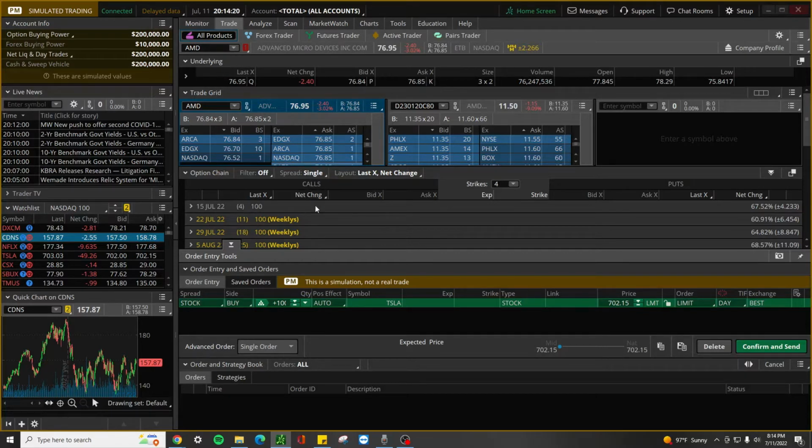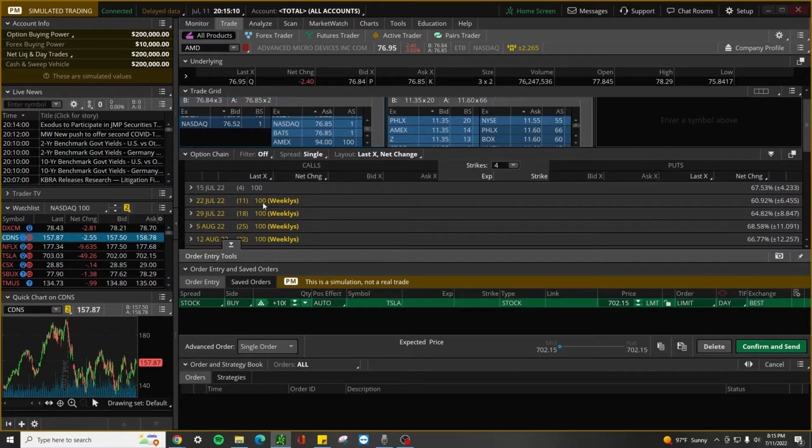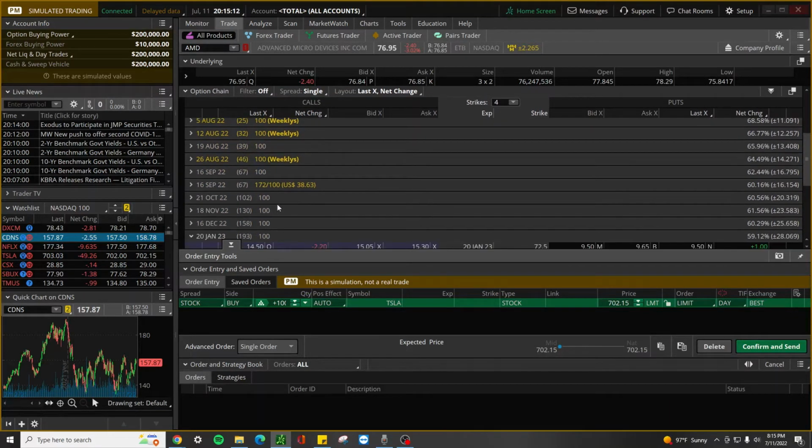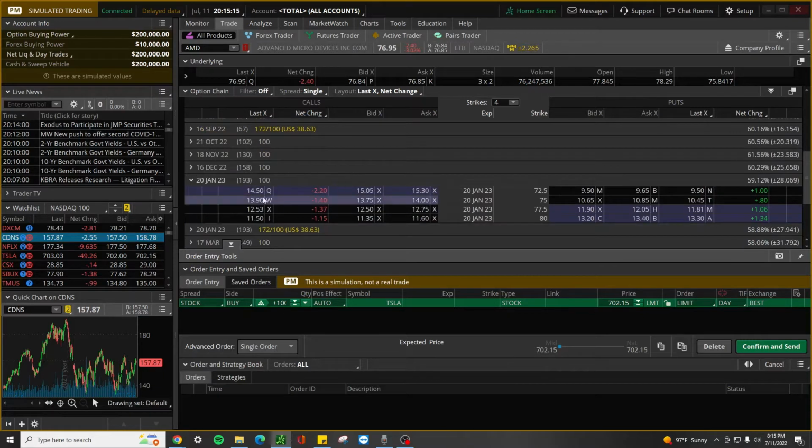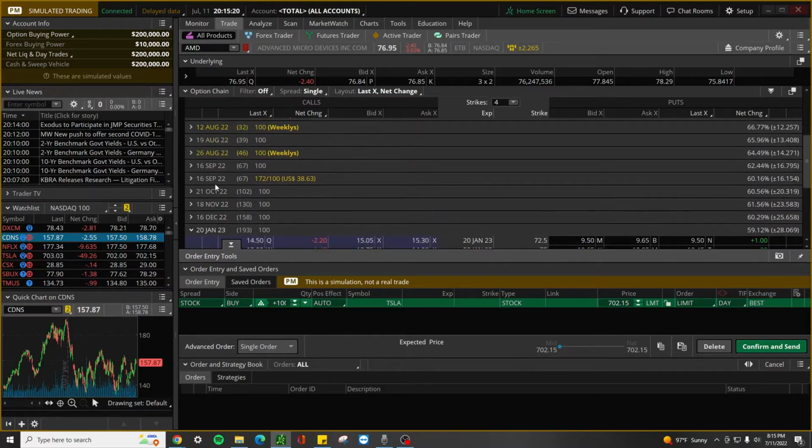It basically shows you exactly what you're looking at as far as the underlying stock in this case, and what the price is at, the bid ask. It shows the volume as well, open, high, and low. Of course, you've got the option chain that allows you to pick out whichever option you want to purchase or sell, buy, sell, whatever option strategy you want to implement. This is where you pick out the